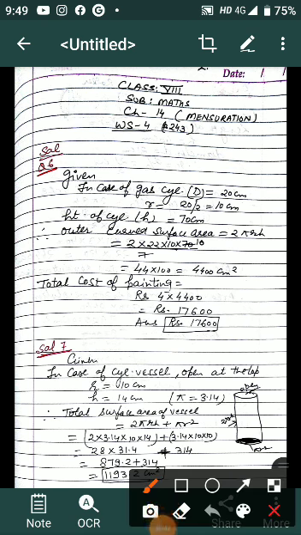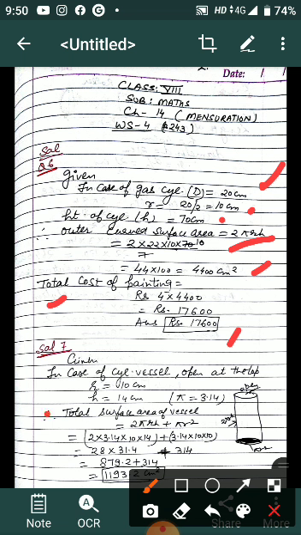So in this case, what is given here? Diameter of gas cylinder is given as 20 centimeter. We will take radius 20 by 2, 10 centimeter. Height is given 70 centimeter. Again we have to find outer curved surface area. Use the formula 2 pi rh and then calculate it. It becomes 4400 centimeter square. Then total cost of painting, multiply it by rupees 4 per square centimeter. You will get the answer as 4 multiply 4400, it becomes 17,600 rupees.